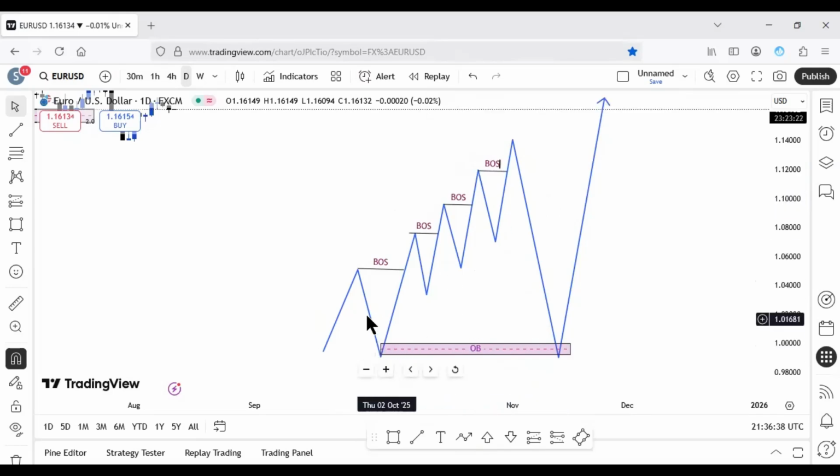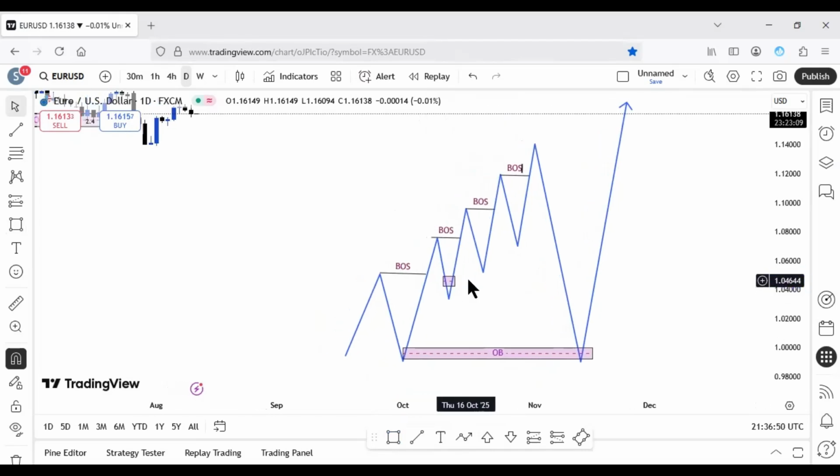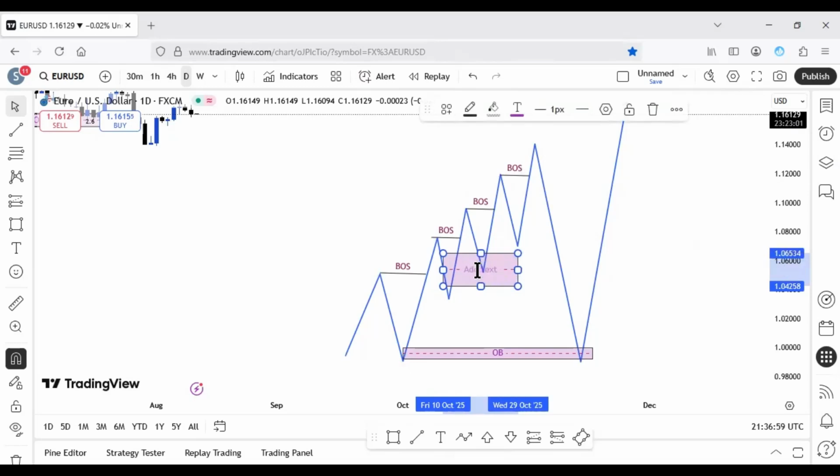As long as price did not mitigate this order block when it was moving up, all these order blocks that price creates up here, all these order blocks that price creates when it's moving up, that is what we call the